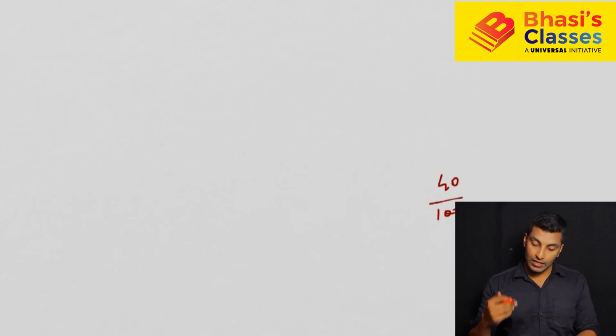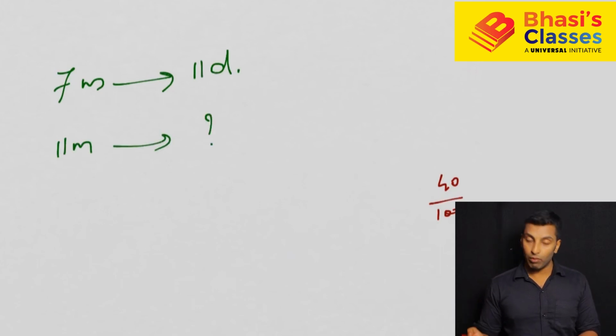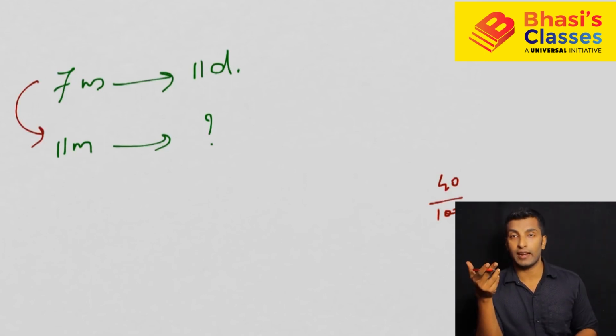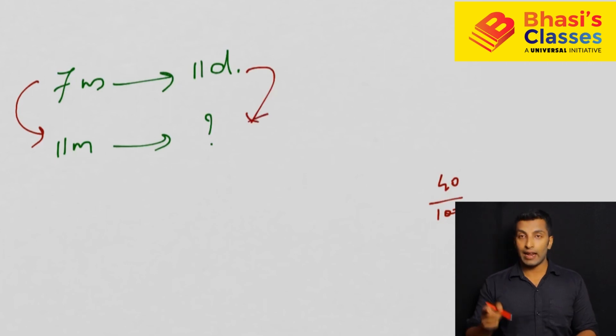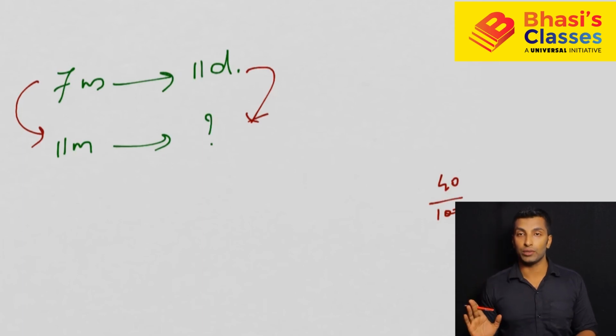Let me give you one conceptual example. See, 7 men can finish the work in 11 days. 11 men can finish the work in how many days? If you see here, nothing is given in terms of percentage, but you understood that there is an increase and there is a decrease, and they are asking about that decrease, right? So once there is a story of increase and decrease, this is a method that you're going to use. Or you can use the concept of man days, but to make you understand this method clearly, I'm discussing it.